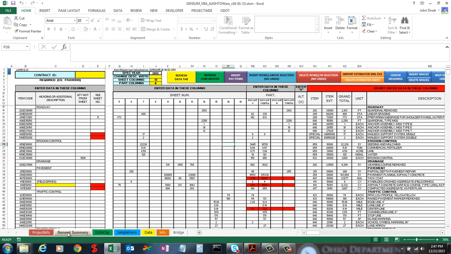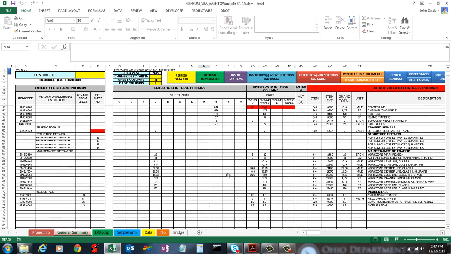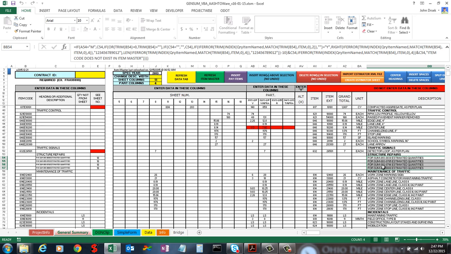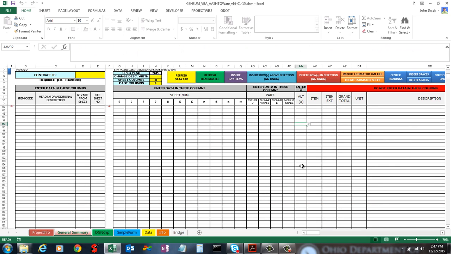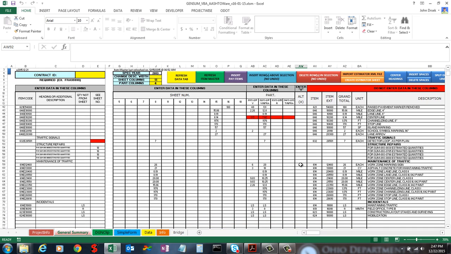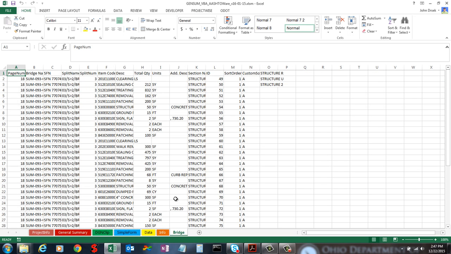So this had bridge data on it, but you'll see I didn't list all the quantities, and it's not listed even on the page below like we said you can do. With this automated process, it knows what to do with all the bridge data, so it created this bridge tab, and that's where it put all that bridge data. Same thing with retaining walls. If there was a retaining wall, it put it there, because